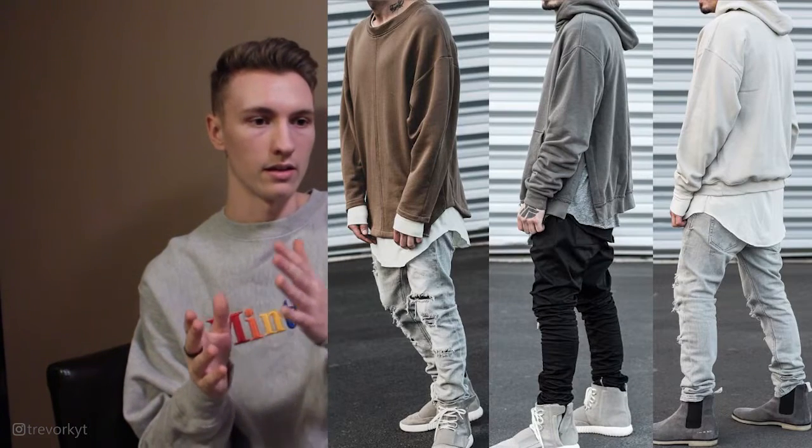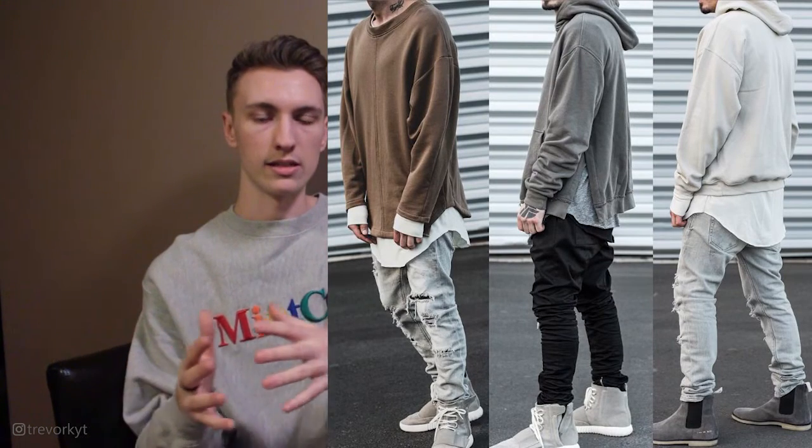So for tip number one, I think it kind of goes without saying, it's kind of obvious. When layering, your top layer always has to be shorter cut than your bottom layer. Now, whether this is just a standard t-shirt or a boxy t-shirt, your top layer always has to be shorter than your bottom layer. And it also helps if your top layer is a little bit more oversized than your bottom layer,